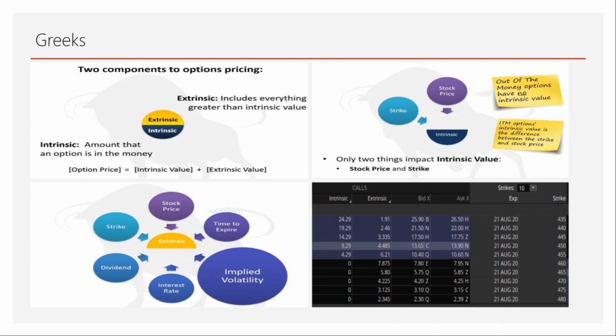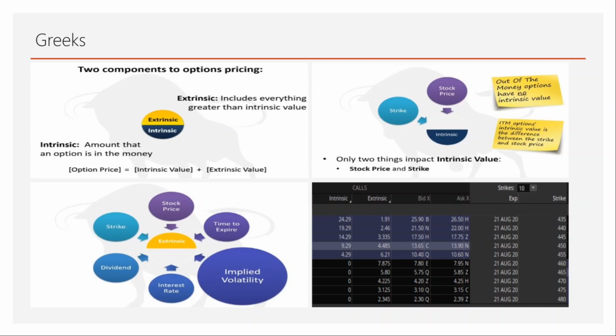I covered Greeks. I explained just an overview to cover all the past videos. We need to understand option pricing. Why do we need to understand option pricing? Without understanding the components of option pricing, we cannot be very successful in the options way of investing, right? You all agree, right?